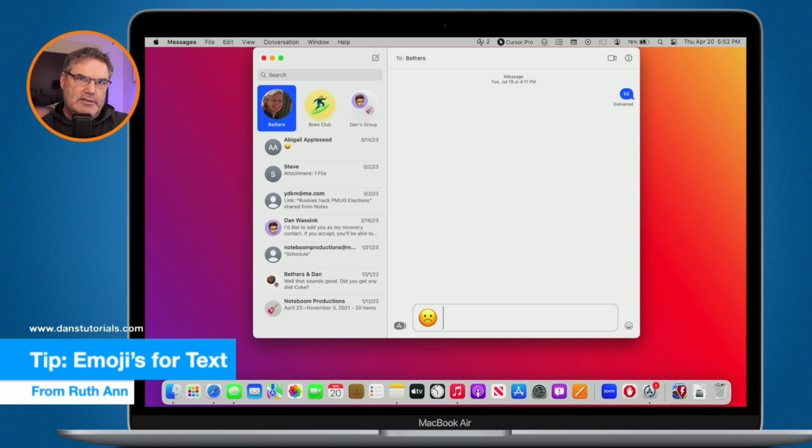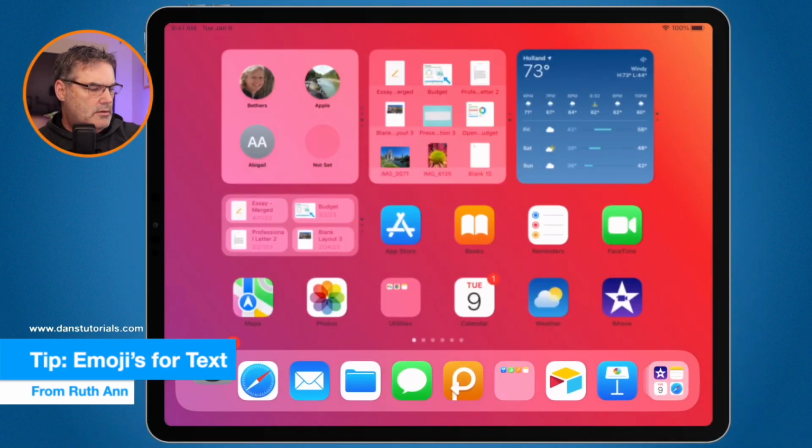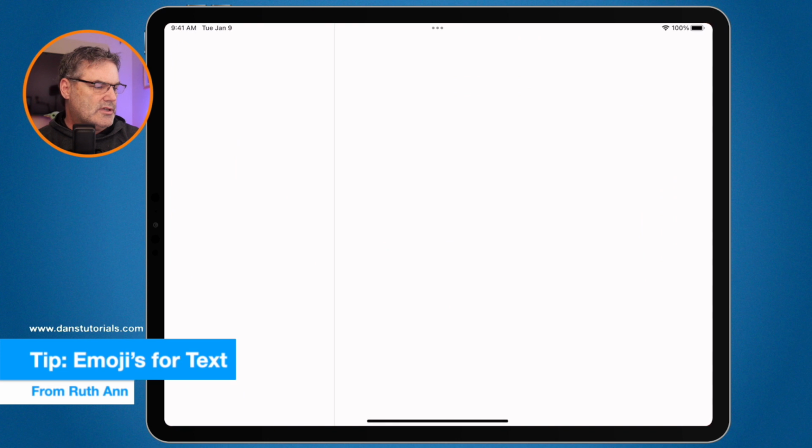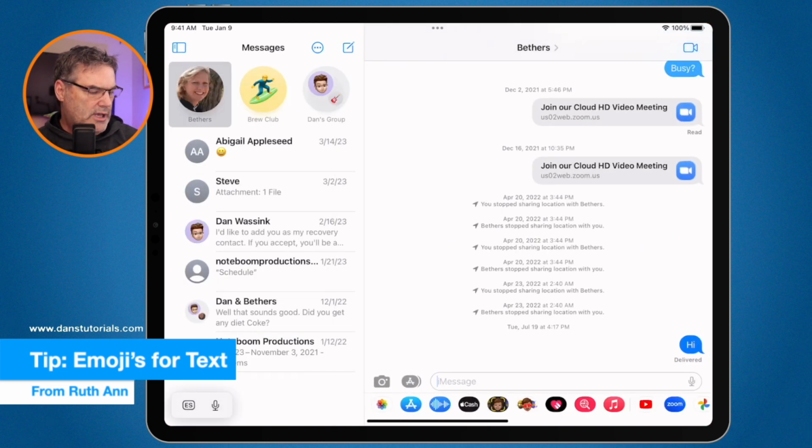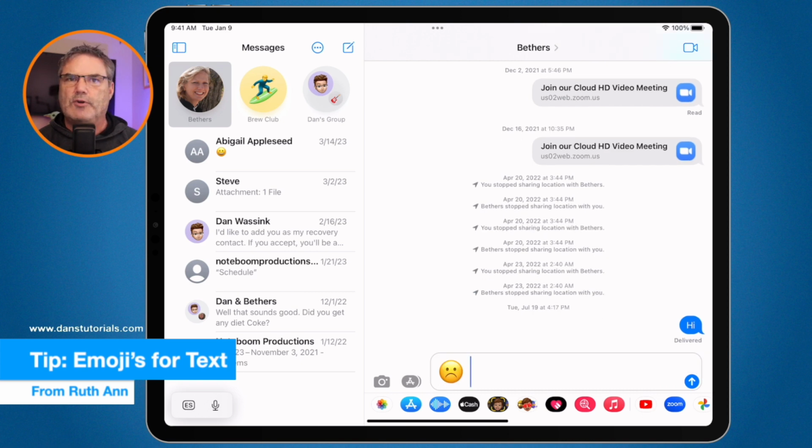And being that I'm signed in with the same iCloud account, this will carry over to my iPad and iPhone. So you can do the same thing. If I go over to my iPad, I can go to Messages here, and I should be able to go FN space, and there's my frown. And I can do the same thing on the iPhone. So you can use text replacements.